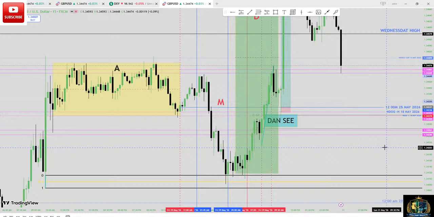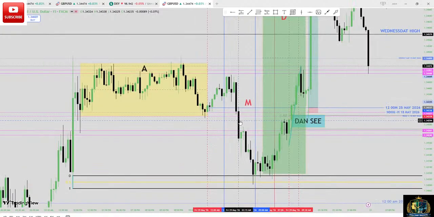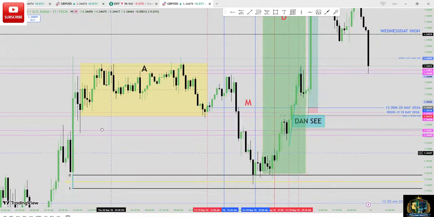From Thursday, the market started accommodating. Even on Friday, 12 o'clock a.m., they push high and stop at this other block. Start manipulating. This manipulating, I always call it fake run. If you don't want to call it fake run, you can call it accommodation. All these things is fake run. You can see where they stopped at the 50% of this week. They stop over there. If you look over here, that is 50% of it.